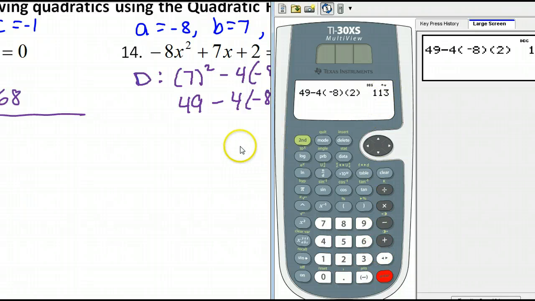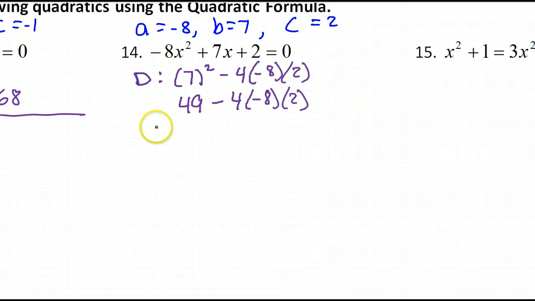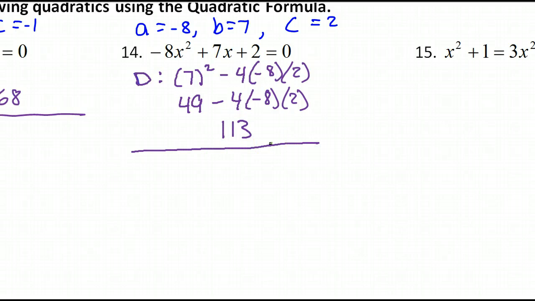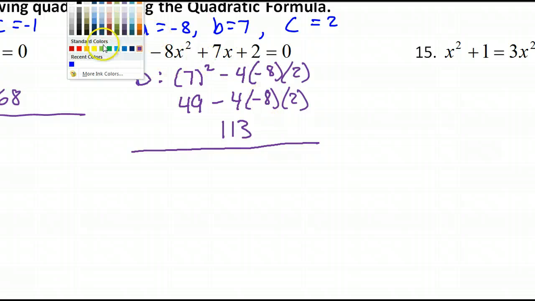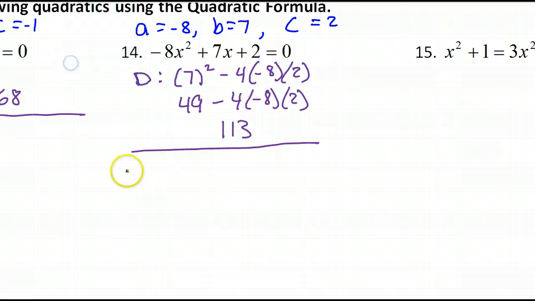That is 113. Okay, so the discriminant is 113. Okay, now that we know that, we can go ahead and solve the problem. Okay, so the solutions will be